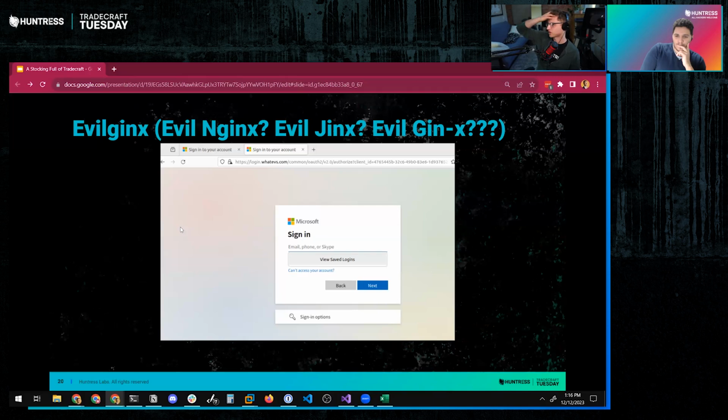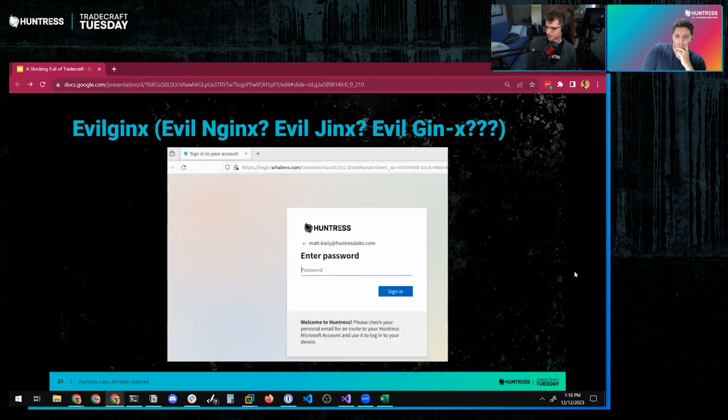This can be something that looks really legitimate, and it's also made more complicated by the fact that you can have custom domains for logging into M365. But in any case, this is an Evilginx portal as well. One other thing that I learned recently, Dre, you might find this interesting, is that if your organization uses some kind of custom artwork, so in this case, Huntress Labs, when I try to sign into Huntress Labs on Microsoft, they have a little logo that pops up.